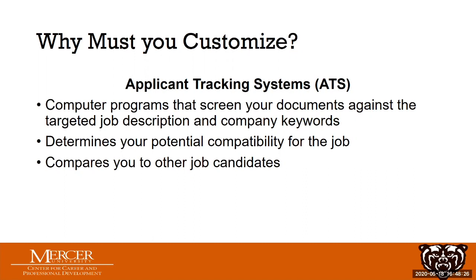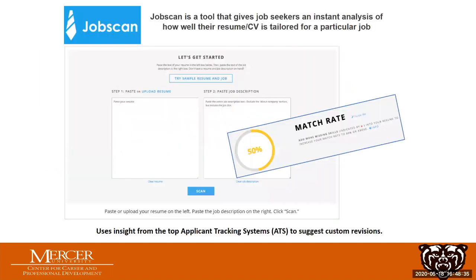If you highlighted it, it must appear in your resume. That's an easy, free way to do it, and it's quite effective. Another thing that I wanted to expose you to is that there are websites out there that will do it for you. And I'm actually going to demonstrate one for you today just to show you how this process works